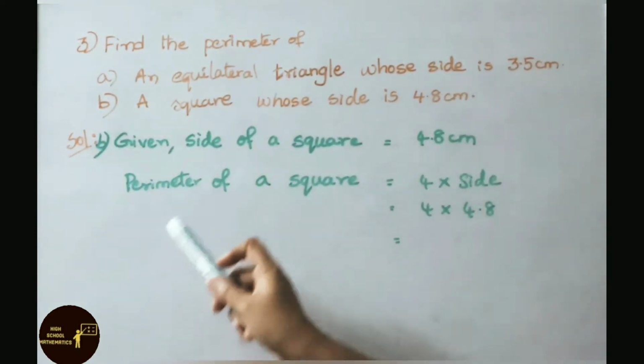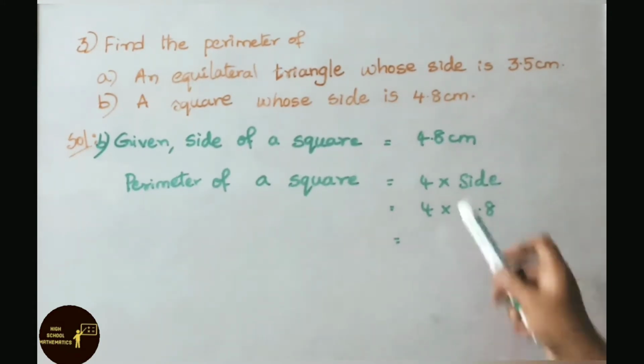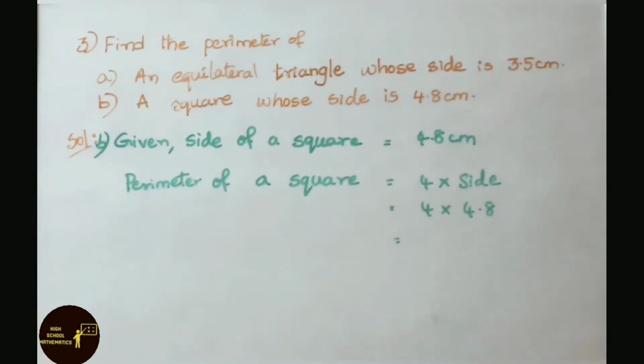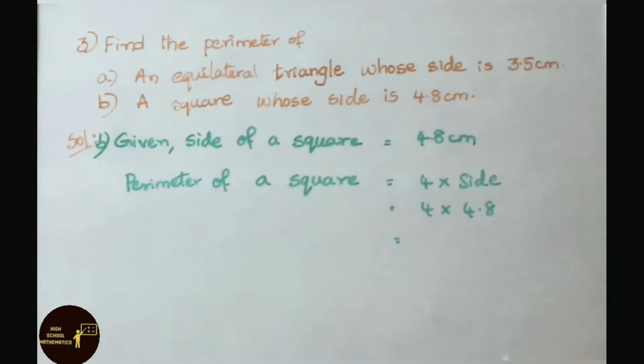See now B solution. Given side of a square is 4.8 centimeter. Perimeter of a square is sum of its four sides or 4 into length of each side. Why? Because a square has four sides. Our formula is 4 into length of each side, that equals 4 into 4.8